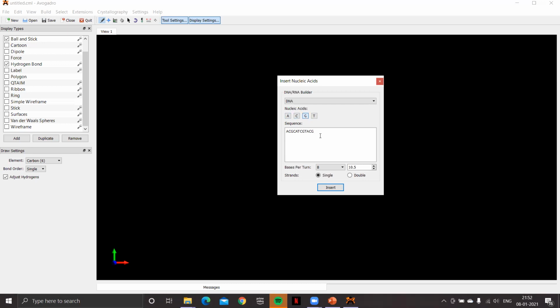You can also control the number of base pairs per turn with the help of this particular drop down menu. If you go for DNA A, it has 11 base pairs per turn. If you opt for DNA B, it has 10.5 and so on. If you opt for Z, it has 12 base pairs per turn. Now, when you click on the insert button,